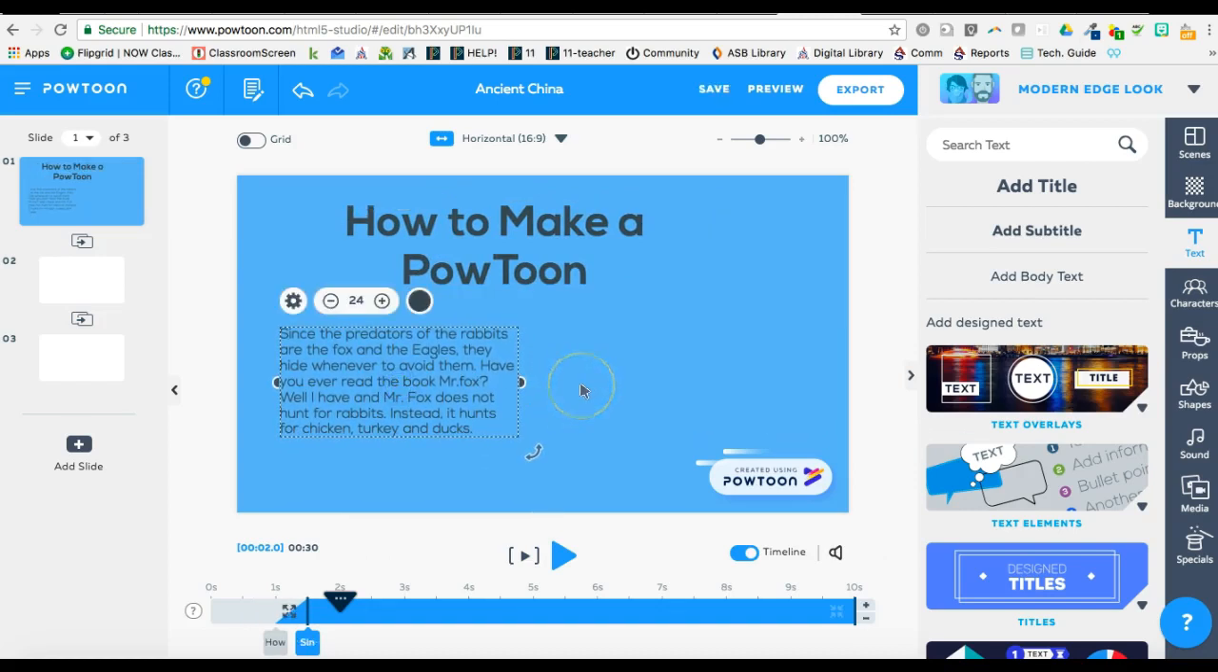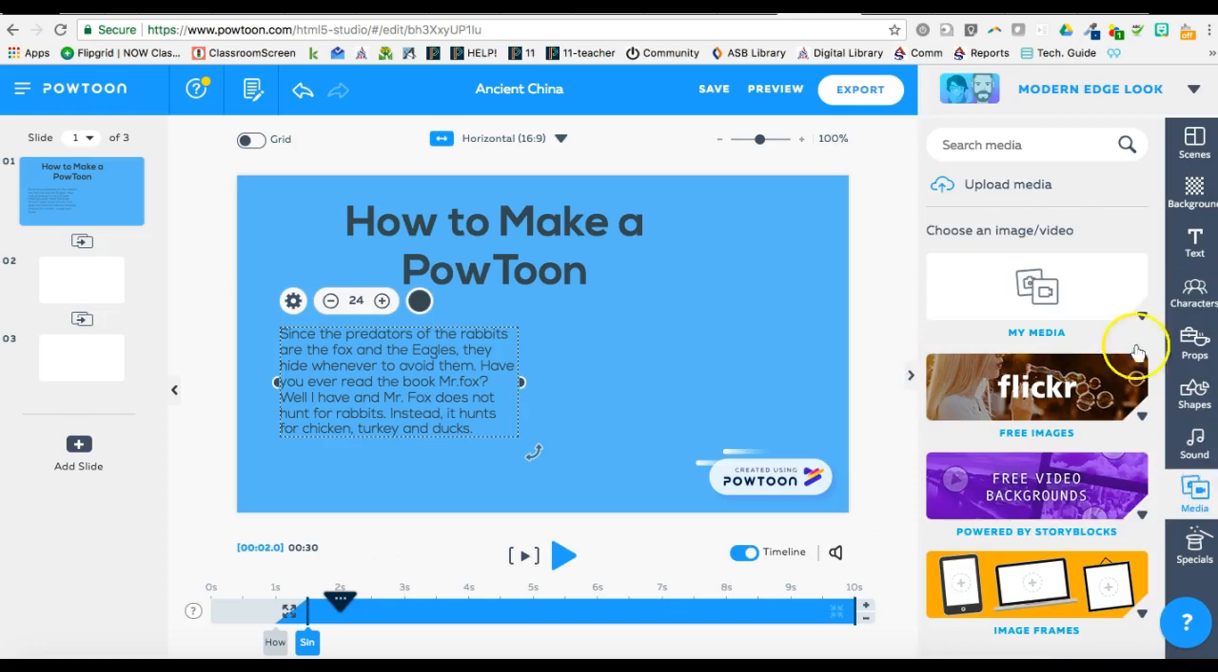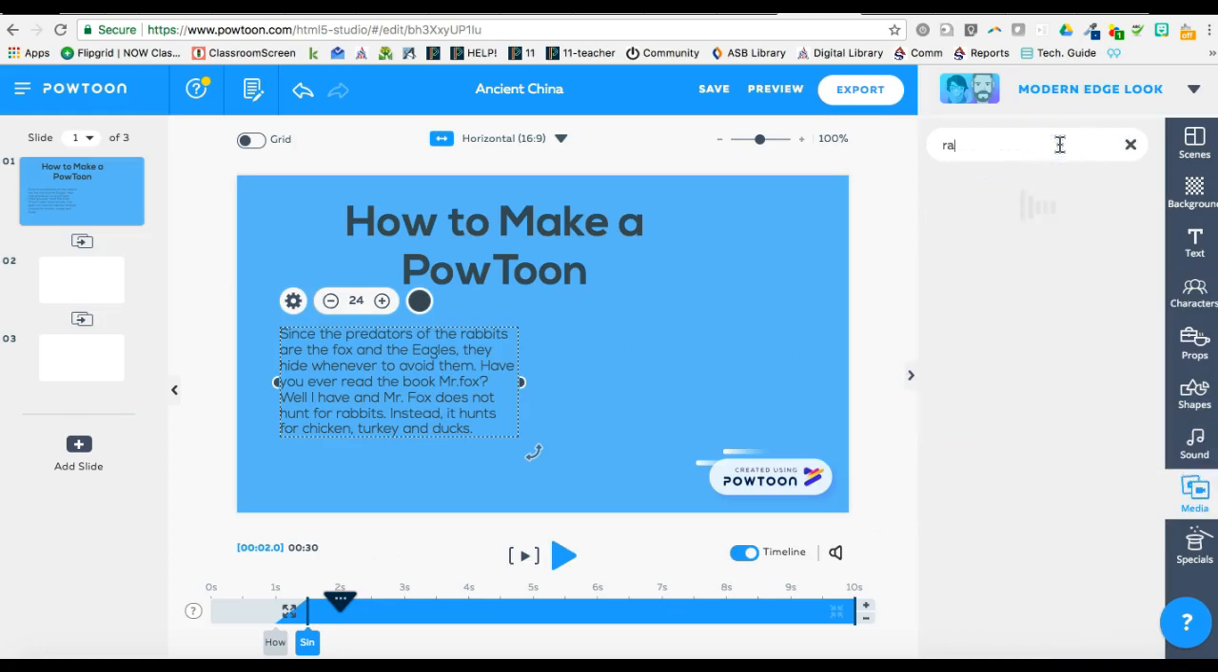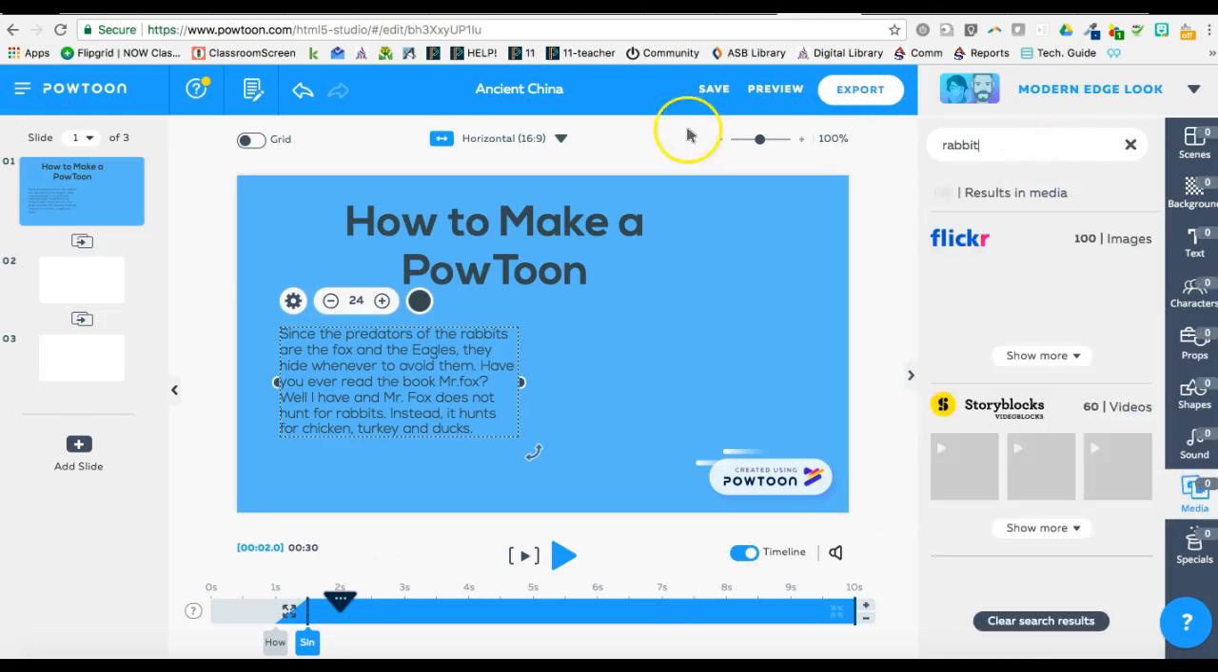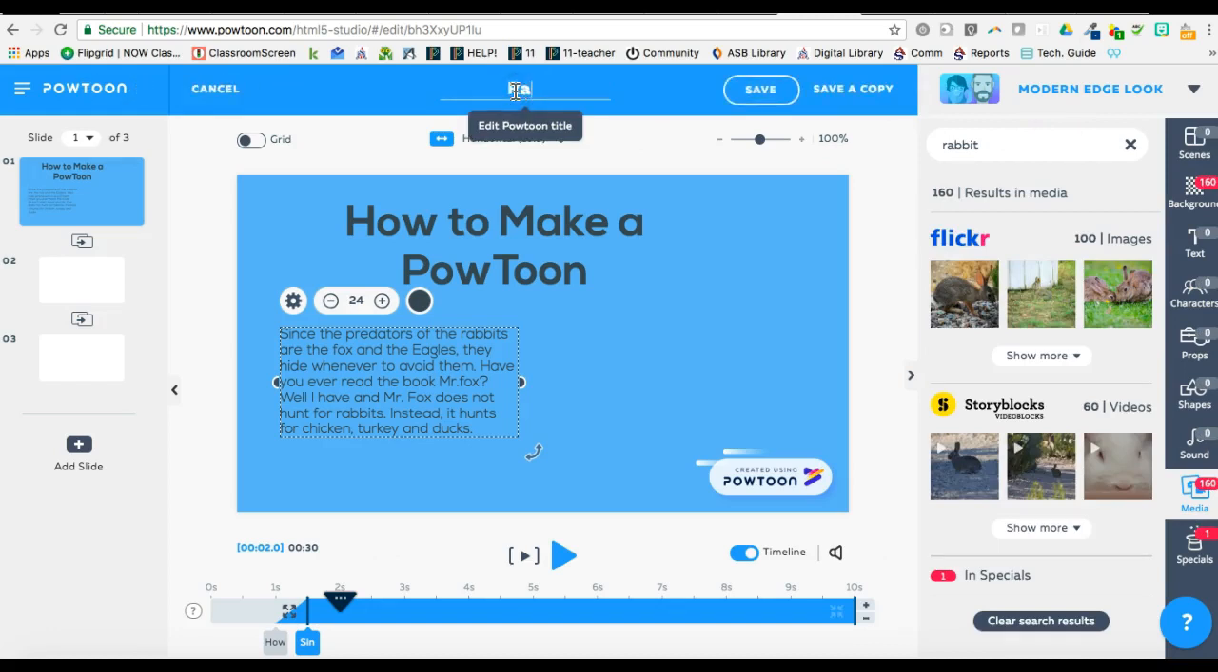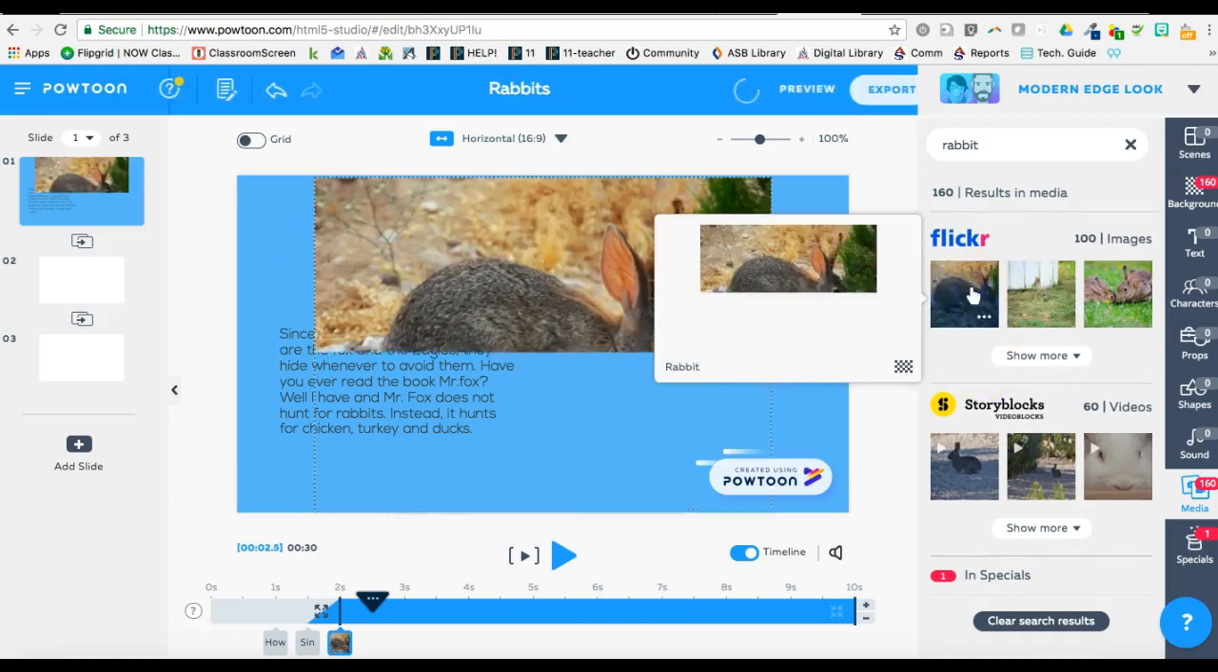The last thing you may want to have is an image. We want to be really careful when choosing our images so that the image that we place here matches up with the words that we're using. Now, there are some photos available. Let's say that I'm searching for rabbits. I better change this title because this is not Ancient China. This is about rabbits now. So on Flickr and Storyblocks, I see that there are some free media, and I'm going to choose this free